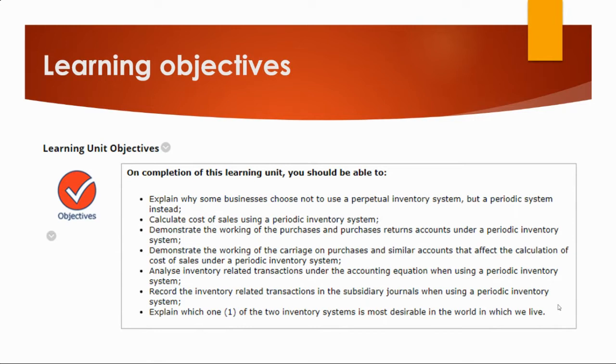Then you need to be able to analyze inventory related transactions in your accounting equation, as well as record them in your subsidiary journals, and then explain which one of the two inventory systems is the most desirable in the world we live in. Okay, so those are the learning objectives that you need to be able to achieve once you've completed the work